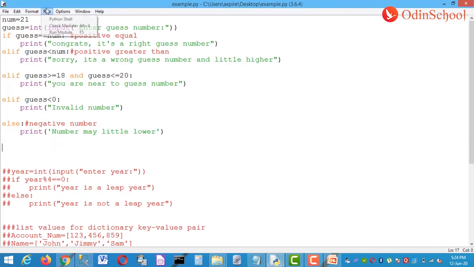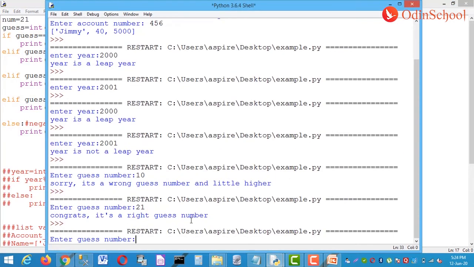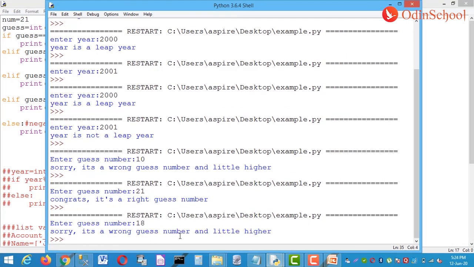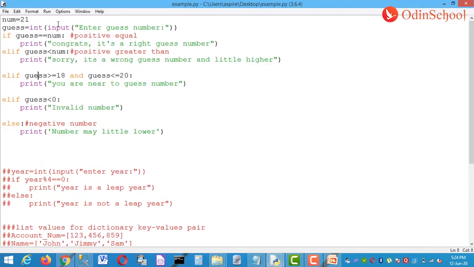Then if you take 18, then sorry it's a wrong guess number and little higher. Okay, it's going to the first condition because we have given a condition up to this. So if we are using like AND,